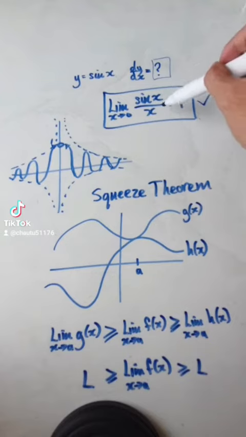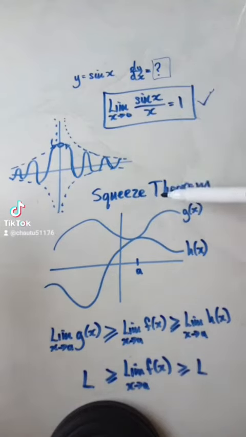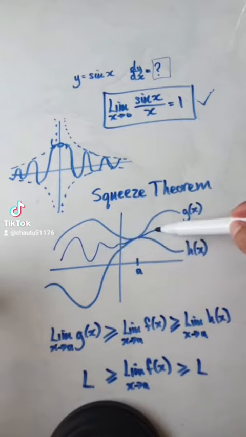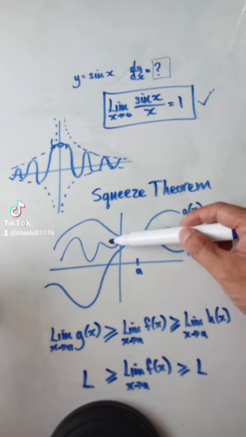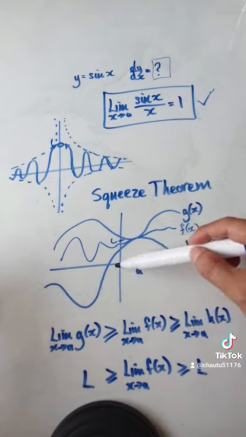But in order to prove this, you need to understand the squeeze theorem. So the squeeze theorem states that if you have a function, any function, I don't care, that's always trapped. Let's call this function f of x. If you have a function f of x that's always trapped in between g of x and h of x, then if g of x has a limit of capital L, and h of x also has a limit of capital L,